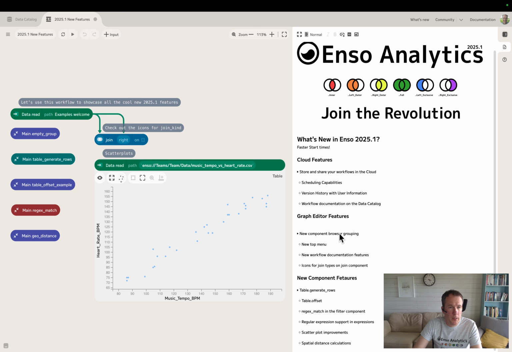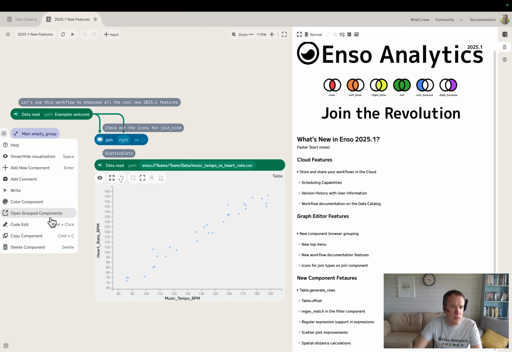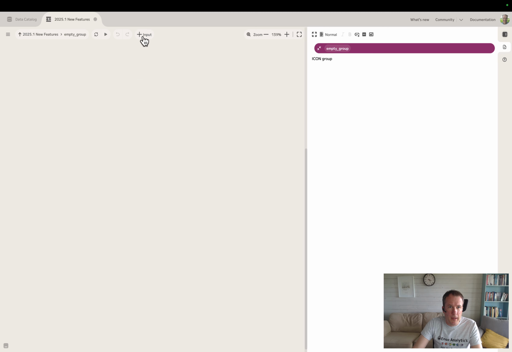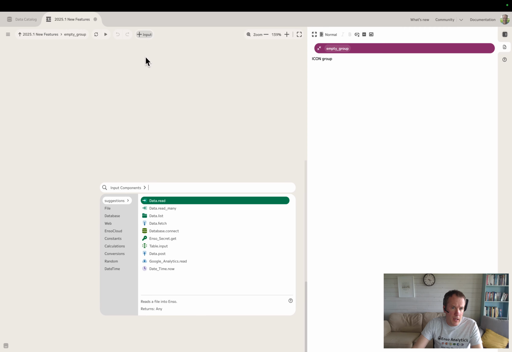So first big change you'll notice is a new component browser. If I just open this empty group of components, just so we can have a blank screen. We've moved the add an input component button up here, front and center, so it's much easier to find. And you can see here on the input component, we've now got these categories